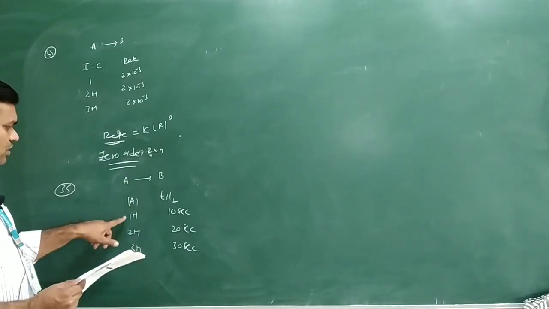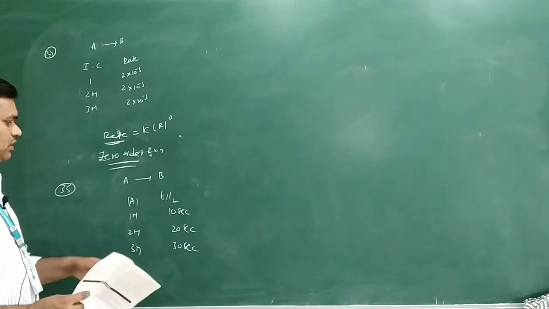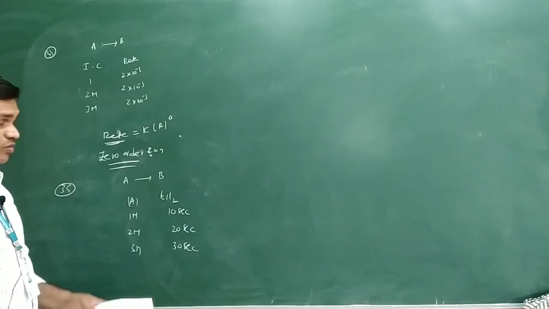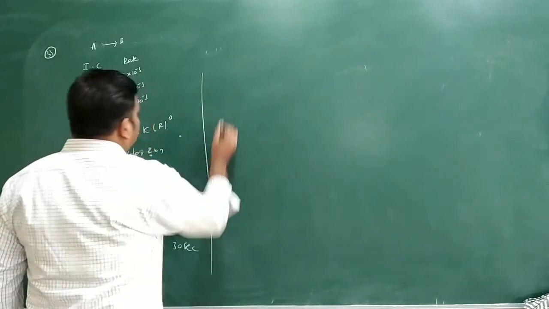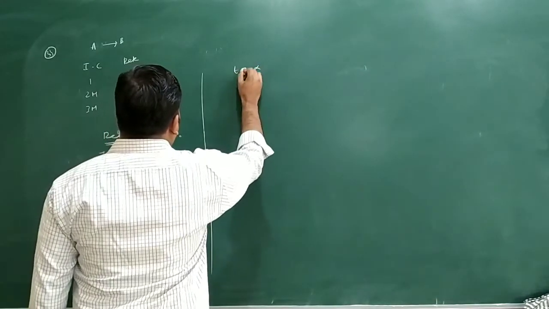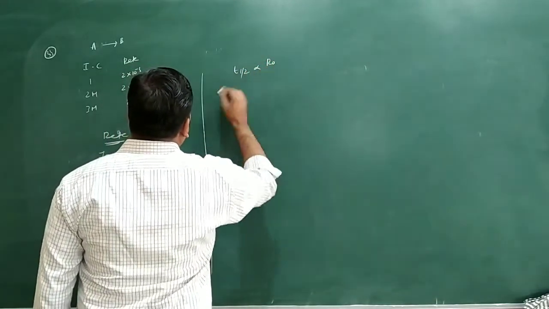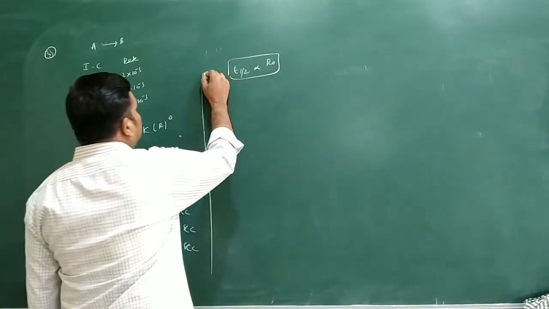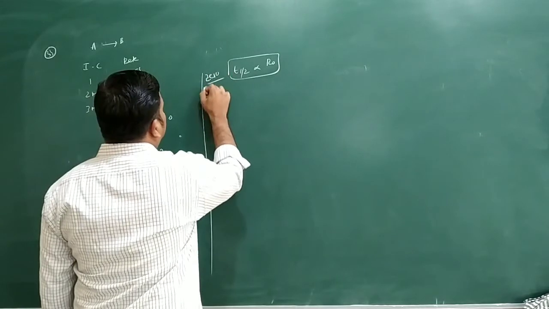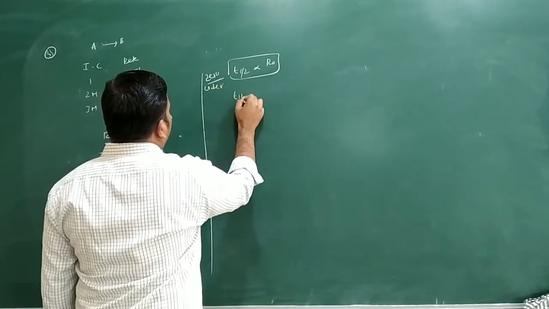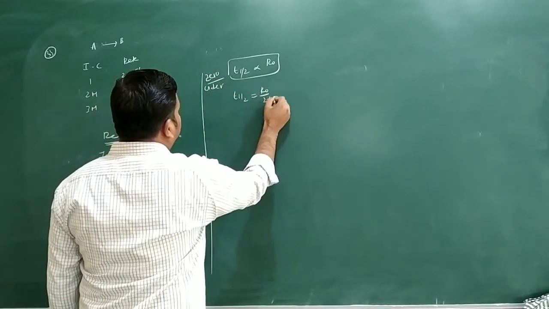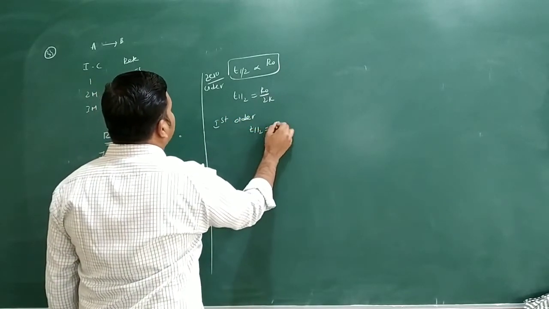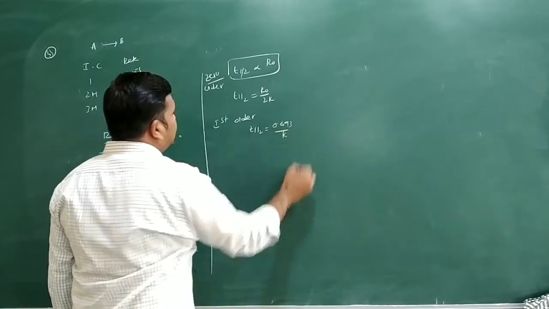Here the initial concentration of 1 gives 10 seconds, as concentration increases to 2 molar the time is 20 seconds, and for 3 molar it is 30 seconds. So I will write one expression here: half life t half is directly proportional to the initial concentration. We have zero order and first order, so this is for which order? This is for zero order. You know this expression, t half is equal to R naught by 2K. For first order, t half is equal to 0.693 by K.